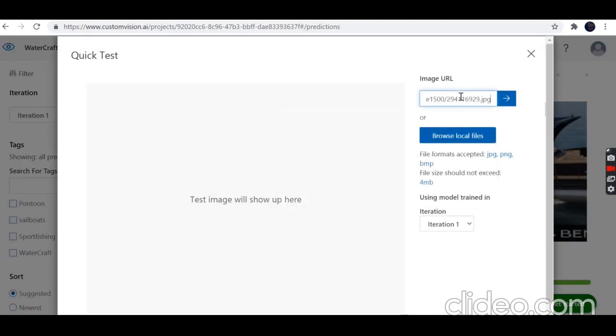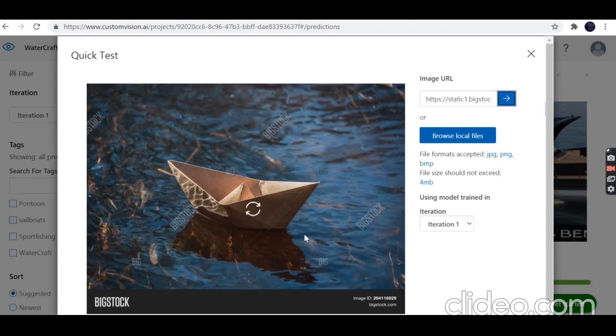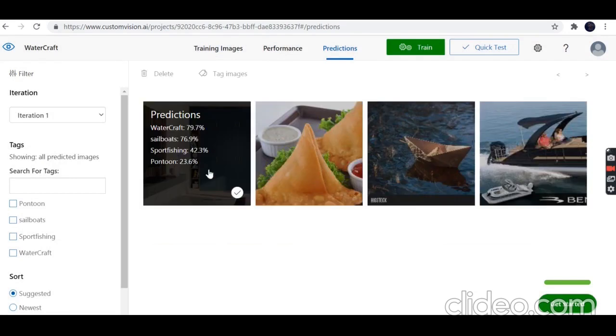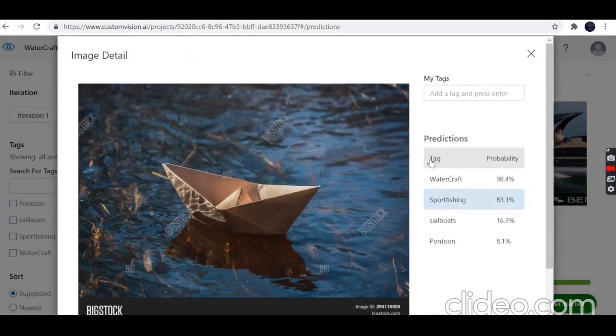I'm entering the URL. So you can see that the watercraft is 98.4. And if I choose this image, you can see that sport fishing is 83%. I can say that due to the sharp edges everywhere in this paper boat, sport fishing is 83.1, and for pontoon, some of the color is brown.